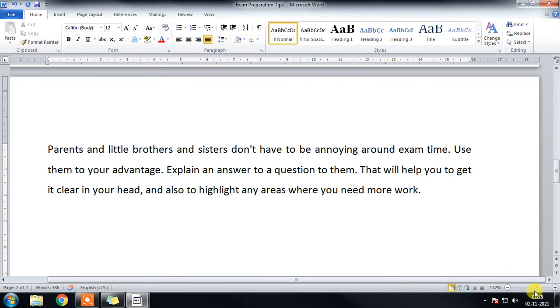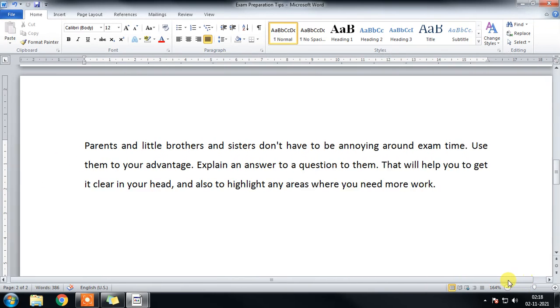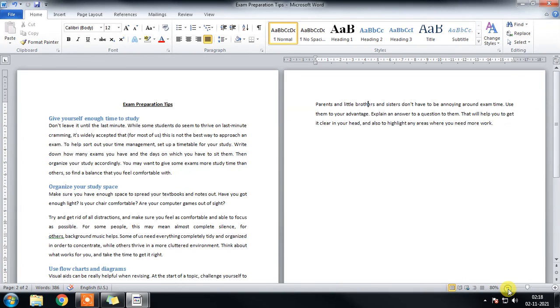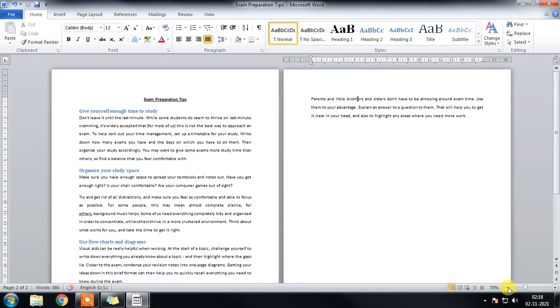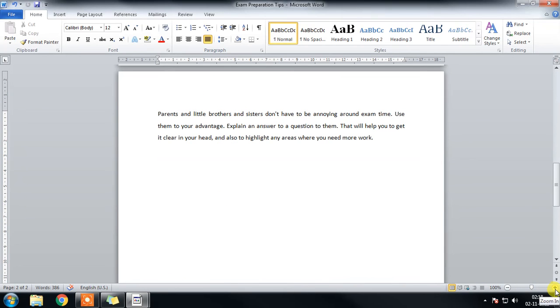Then we can use the zoom slider, or we can use these zoom controls, zoom out or zoom in. When we have more zoom, the scroll bar will appear.